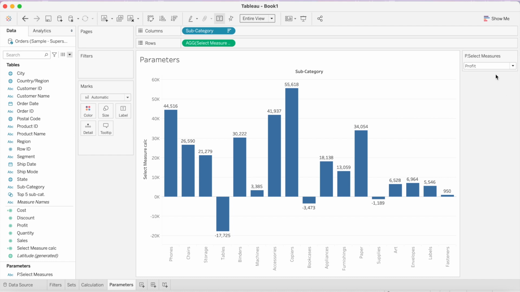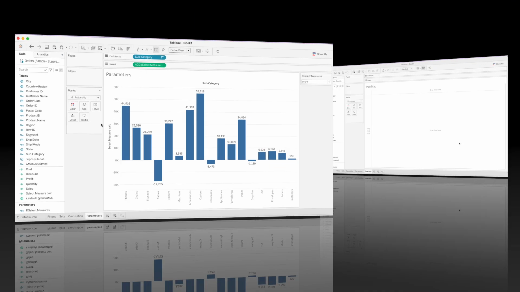And this is one way through which you can use parameters and make your charts and visualizations interactive. There are various other ways, and I hope you keep exploring these features that I just introduced to you, because this would eventually help you to learn more, and by practicing more you would be able to find different ways through which you can use these features in your dashboards. So in our next section we are going to see how we can create a tree map in Tableau.